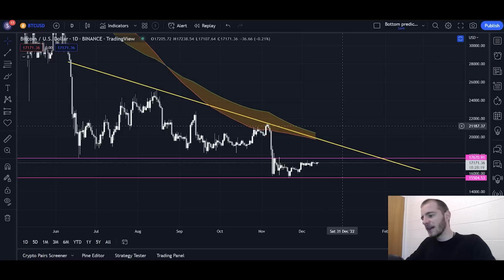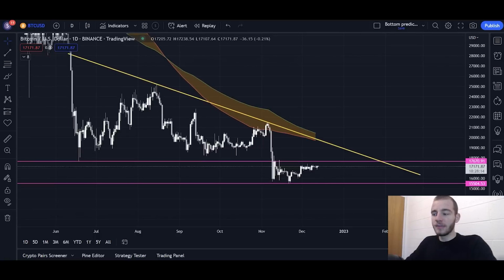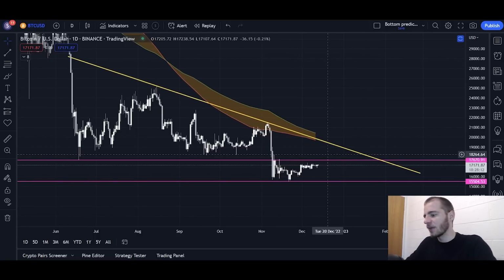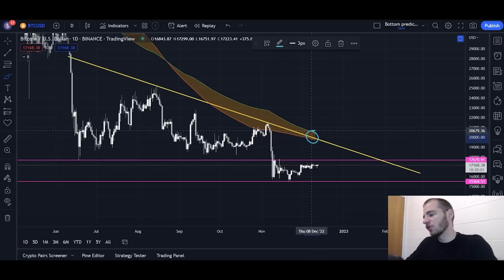So for Bitcoin to make significant short-term progress, we need to break 17.6K, and for it to make significant long-term progress, we need to break 19.7K and, more importantly, close the weekly candle above the bull market support band, right? If we do get above the bull market support band, close the weekly candle above it, and hence break this yellow downtrending line, that would be a buy signal for Bitcoin,